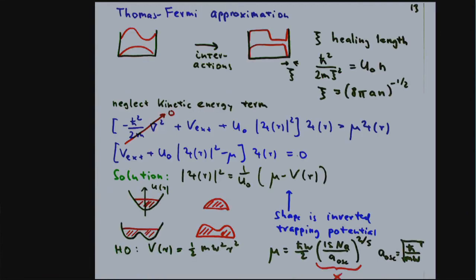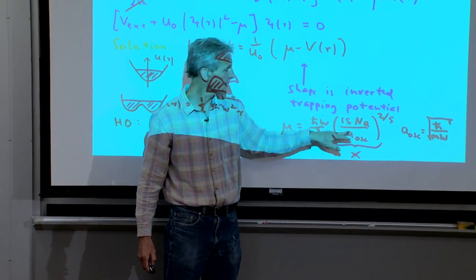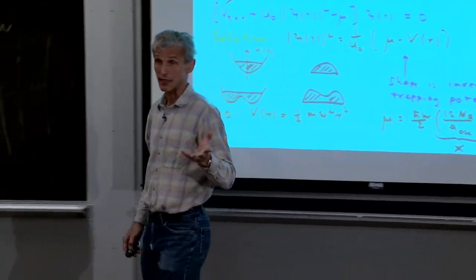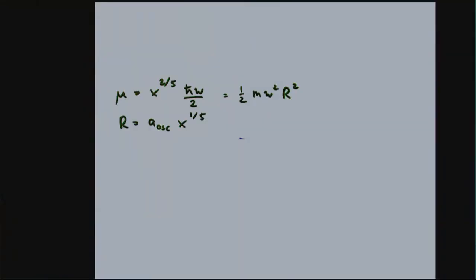And all those solutions can be nicely written as what you would have in an ideal gas, and then this parameter x. So in typical experiments, N is a million. The scattering length is smaller than the oscillator length, but N is a million, and this parameter x is usually large. So therefore, in this solution, the chemical potential is larger by a power of x than the ideal gas solution, which would just be the ground state with its zero-point energy in the harmonic oscillator potential. Or the size of the wave function is larger than the ground state of the harmonic oscillator, but only with an exponent which is 1/5.